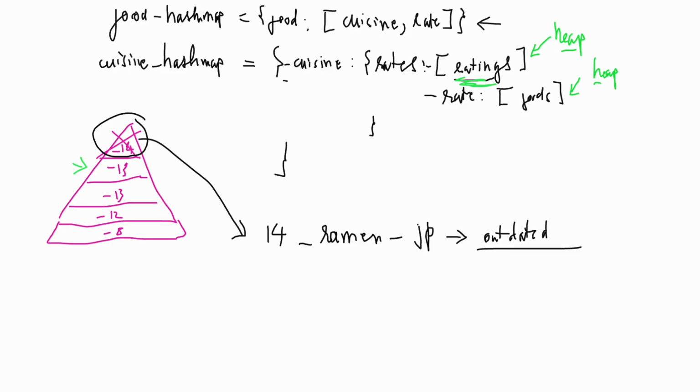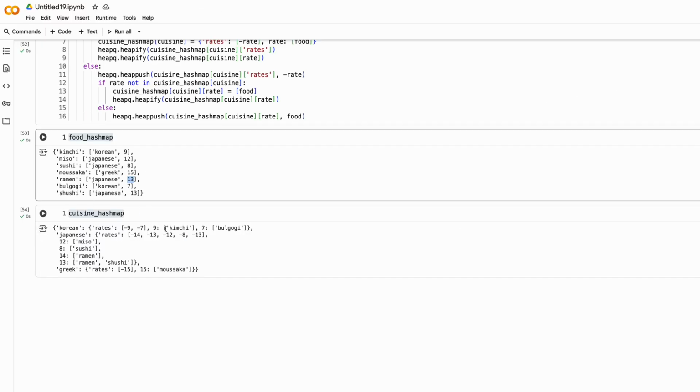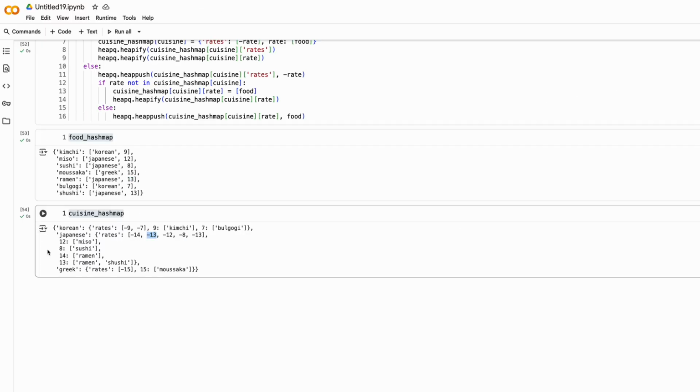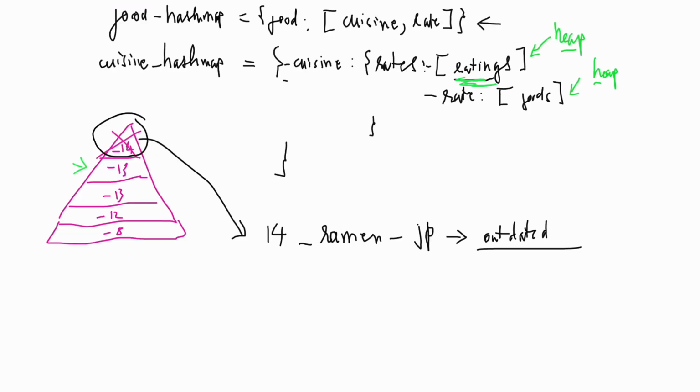Okay, so what is the 13? The 13 here, when we map back to here, we can see the ramen, and then we check with the food hash map here. So because this one is also a heap, because I also use a heap here, we just need to get the top of the heap. In this case, that is the ramen,